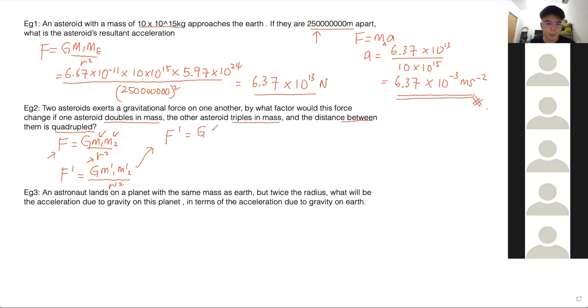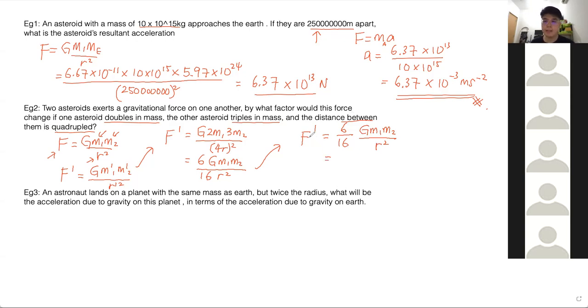So the new m1 would be 2 m1, double in mass. 然后再乘进去那个 triple in mass 的，所以是3 m2 除以那个4倍的那个 distance，所以是4r square。OK，等于 factorize 出来6G m1 m2 over 4 square，那个4的平方是16，然后我们 r 还有 square。OK，继续这边，所以是 F prime 6除以16 G m1 m2 除以 r square。